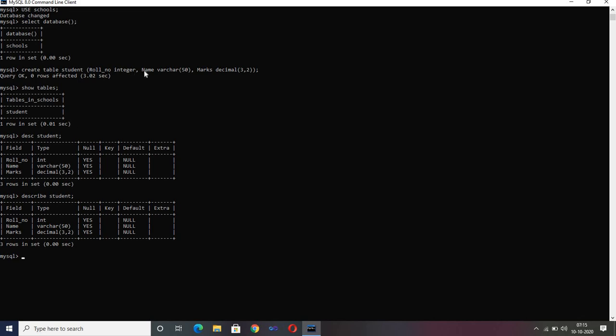Then we didn't write any constraint. Have we specified any constraint over here? No. Therefore these values are showing like this. Okay, we didn't specify any default value, so it is showing NULL. Null means it is not defined right now. Nothing extra is over here. We didn't specify the type of key. We didn't specify whether a value can be null or not. So this is how we have created a table.